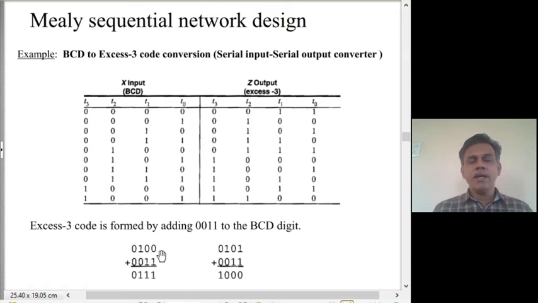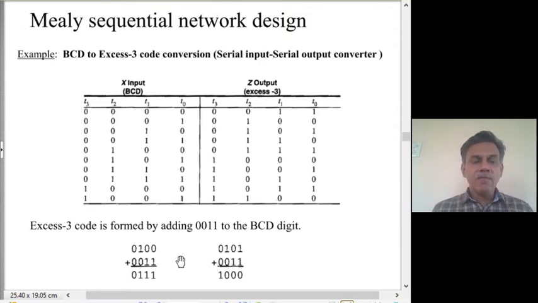Well, you would be getting an input bit X0 or X1, X2, X3 at the clock period. That bit can take any given value. It can be 0 or it can be 1, because you may be feeding any one of the bits. We may want to convert any given BCD number to the XS3 code. So at T0 you will get X0. X0 can take any one of these values. Similarly, at T1, X1 can take any one of these values and so on. So, the input bit that you get can be 0 or 1.